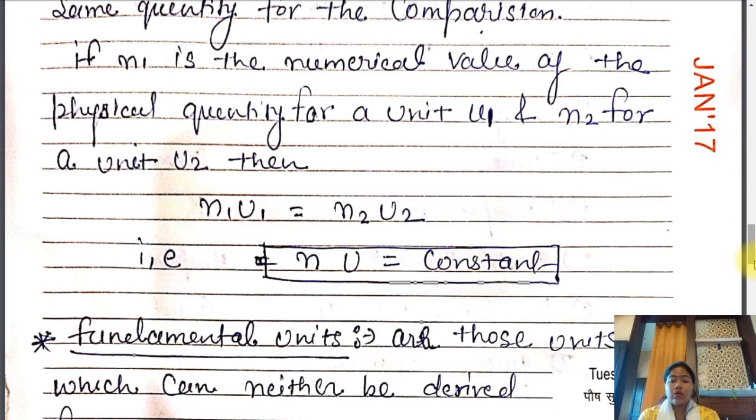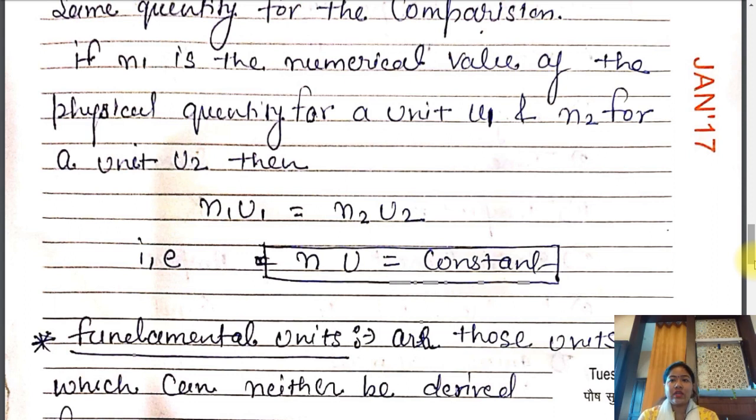Now, physical quantities are of different types. We have many physical quantities. Now we have to classify the physical quantities into different categories because we have two different types of physical quantities. Some of the physical quantities are fundamental physical quantities and some are of another type. So in this scenario, we are just going to discuss what types of physical quantities and what types of units we have here.